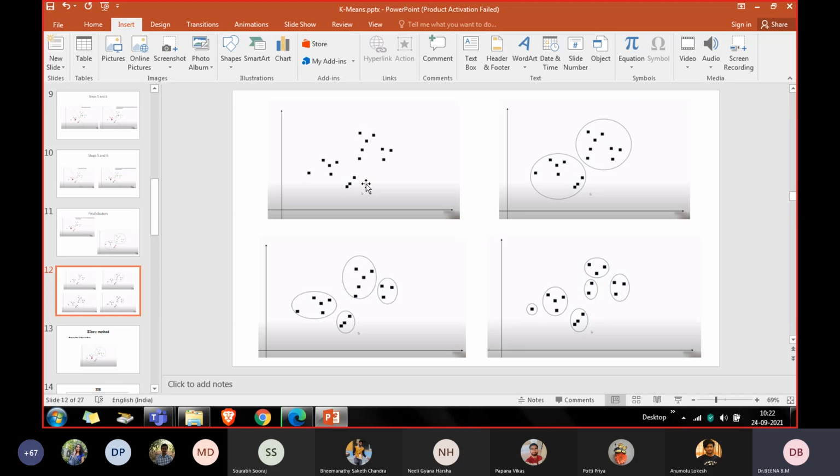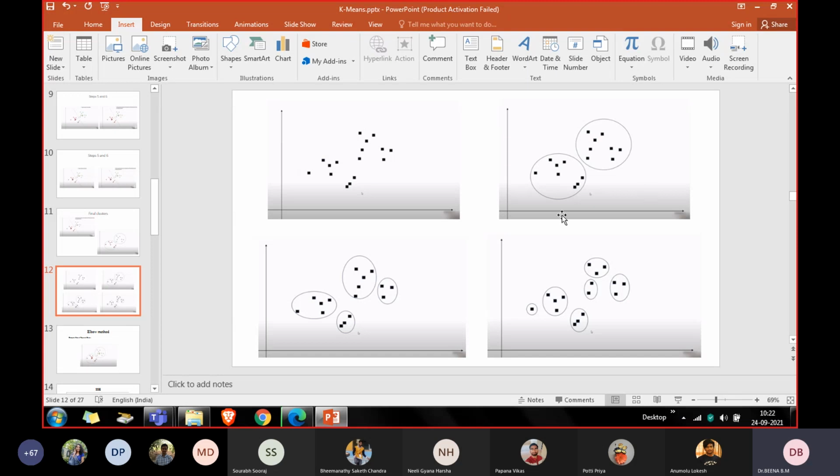Here it is only 2D space, but in reality the raw data set has multi-dimensional data, and it is very difficult to visualize it using a scatter plot. So you get confused about which K value to begin with.